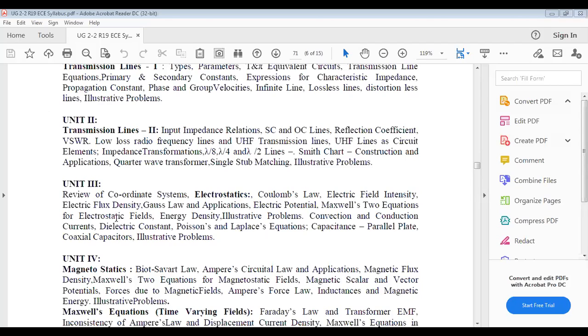These are the important mathematical background required for the review of the coordinate system. Okay. In the next class we will discuss different types of coordinate systems: Cartesian coordinate system, spherical coordinate system, and cylindrical coordinate system. And what is the representation of those coordinate systems and the basic terminology behind them, we will discuss in later classes.